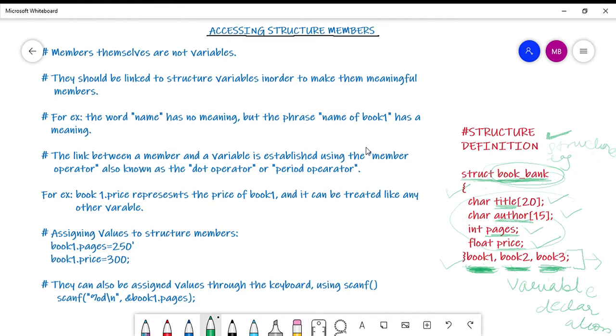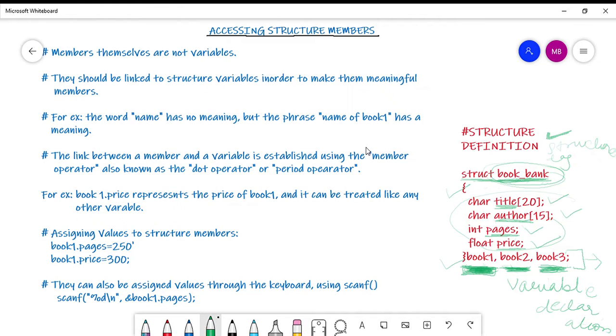So accessing means either you are storing or you are retrieving, whatever you want to do. That means whenever you want to access this particular variable book 1 or book 2 for that matter, or book 3, how will you access that? You will access it with the help of structure members.